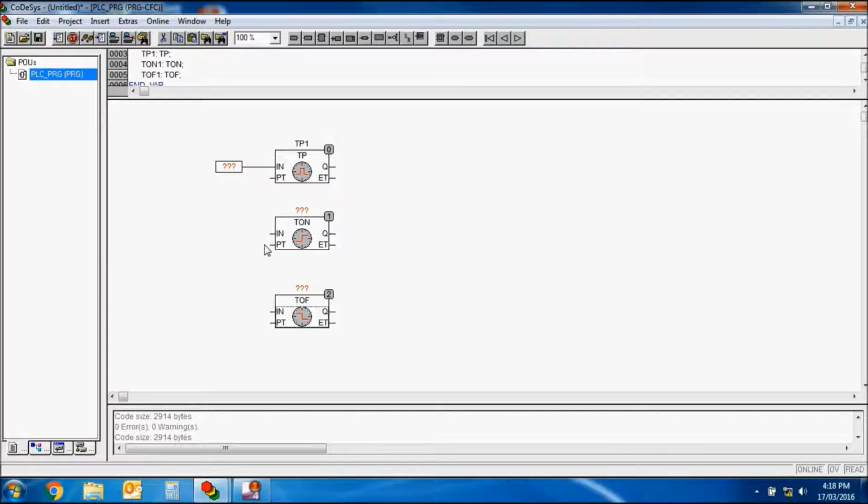Timer on will wait for PT to finish, so if this is 1 second, it will wait 1 second and then turn the output on, and the output will stay on. And timer off, after the input is triggered off, will wait a certain amount of time and then turn the output off. Alright, so now just to demonstrate that, we're going to